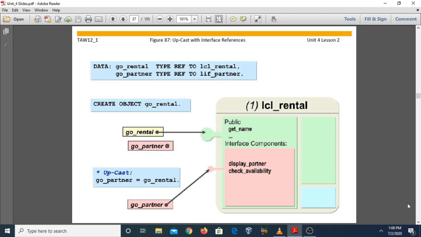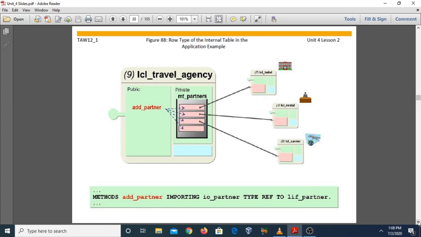Now come to the next topic, the row type of internal tables in the application example, which is also called generic access with interfaces. In the previous unit, number 3, we created an internal table and assigned a number of objects, or reference variables, of the local class vehicle.